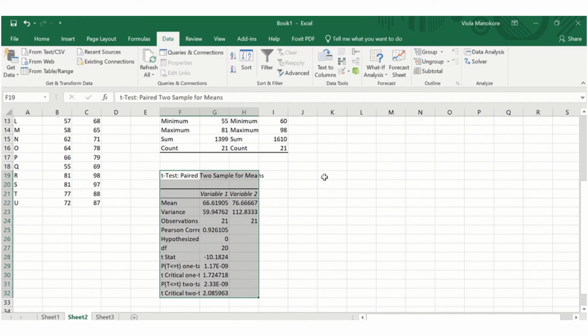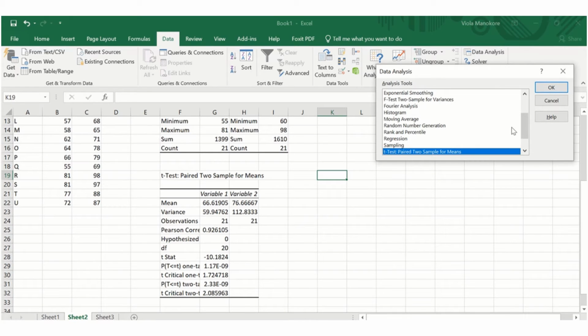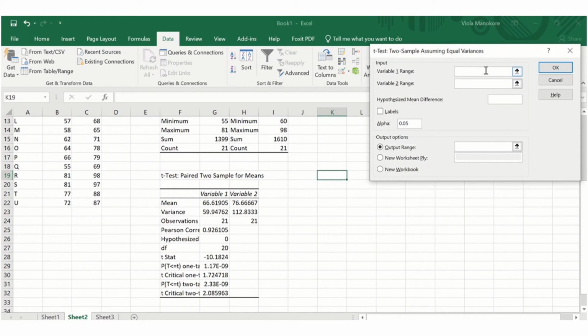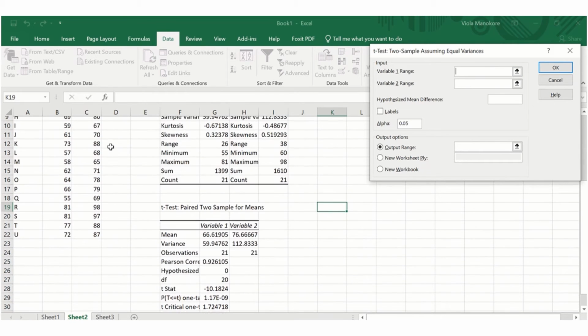But as I said, I also want to do another t-test where I'm assuming that the variances are the same. So I go here and select the two-sample test assuming equal variances. I click OK, and my data ranges again. Range 1 is